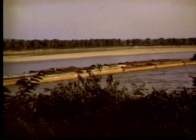The Arkansas River is navigable to Tulsa, or to the port of Catoosa, but as yet it does not carry much traffic. So much for the rivers. Now, if we could turn our attention to the early roads in Missouri,